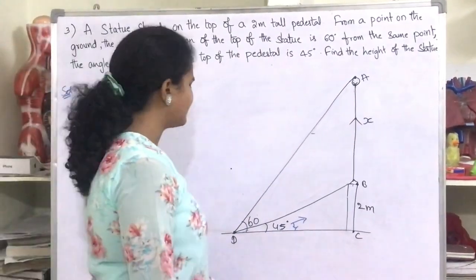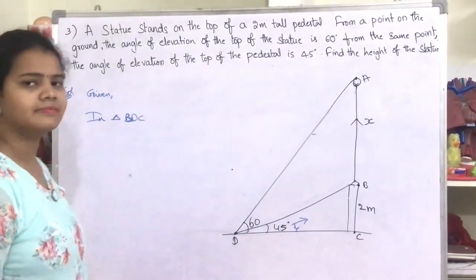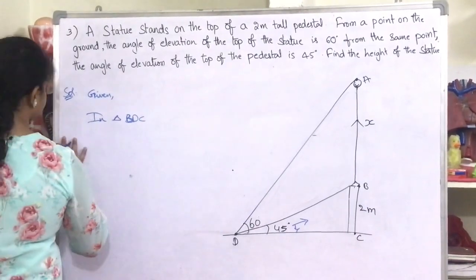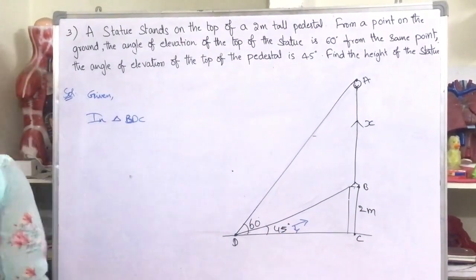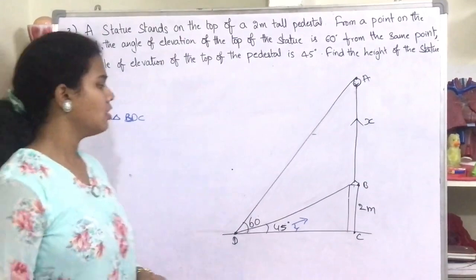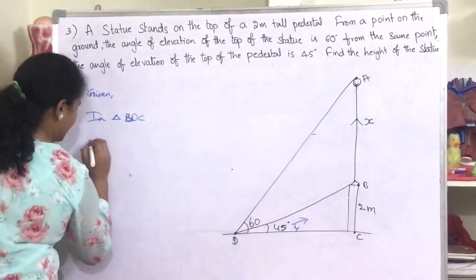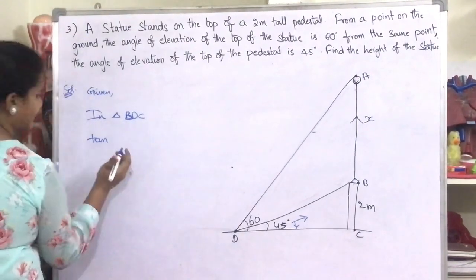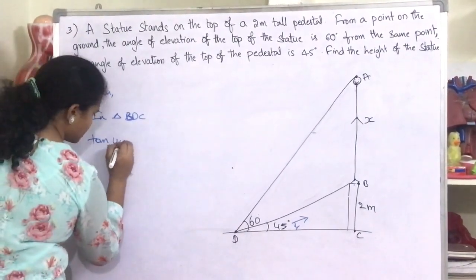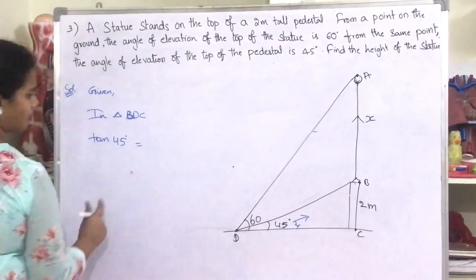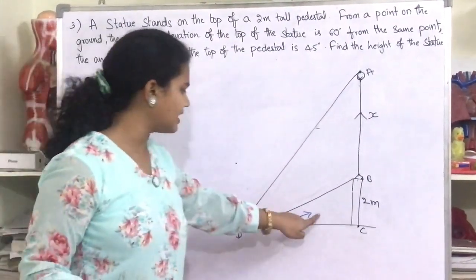Which trigonometric ratio relates opposite by adjacent? As we know, tan theta and cot theta both relate opposite by adjacent side. So we can either take tan or cot, but here I would like to take tan. So let's consider tan theta, where tan 45 degrees equals the opposite side to